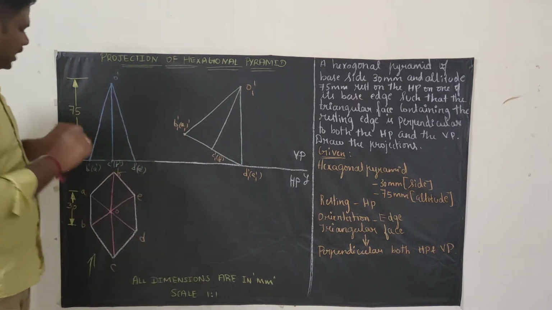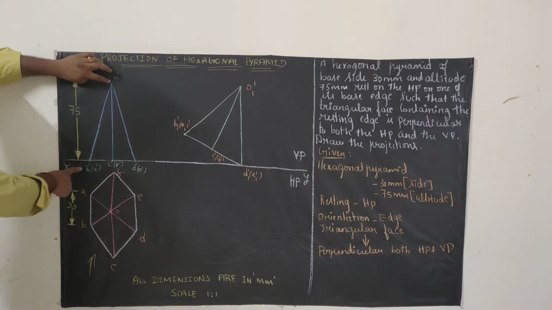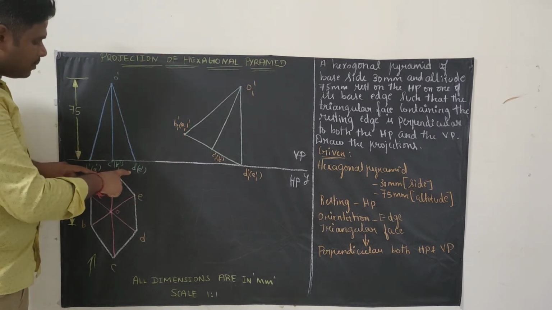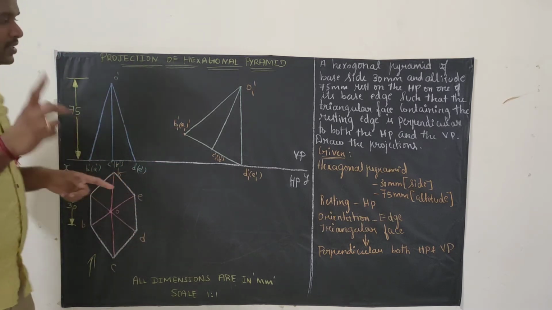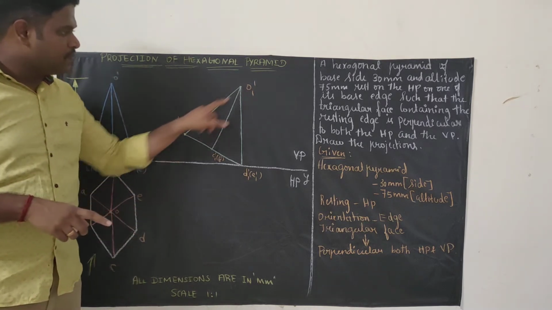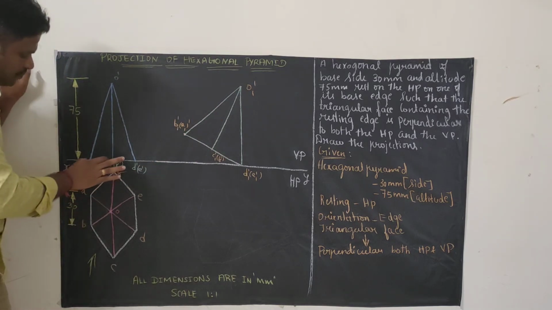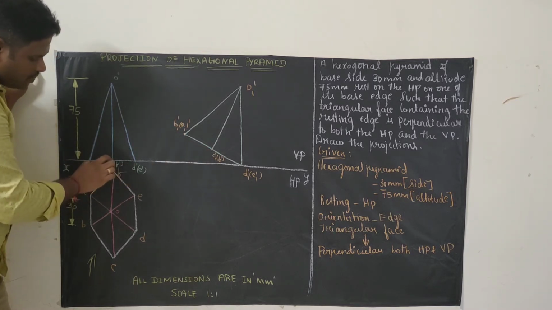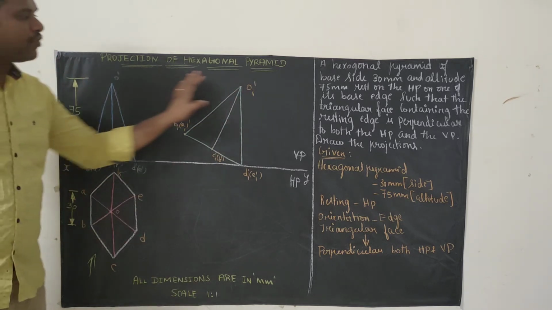Okay. Then take your compass. Measure from O dash to B dash. From O dash, cut an arc. Then take your compass. Measure from D dash to B dash. From D dash, cut an arc. These two arcs will intersect at one point. That point is called this. Now we have formed a triangle. Next step is measure from B dash to C dash. The same distance you have to mark up here. For the same distance you keep a point and just join with the O dash. Now we have formed a triangle.